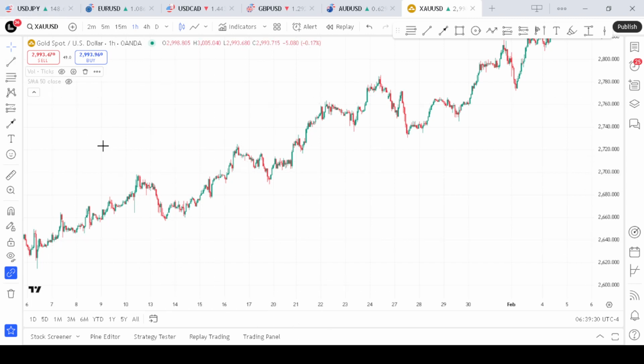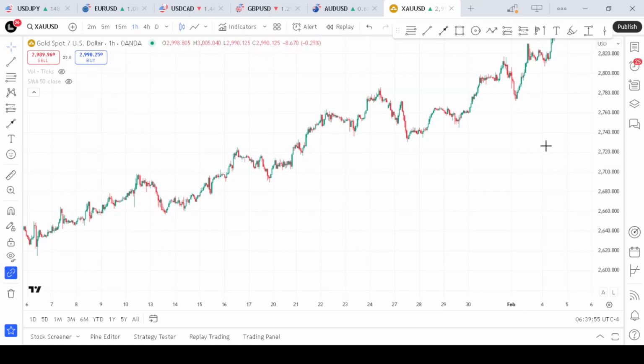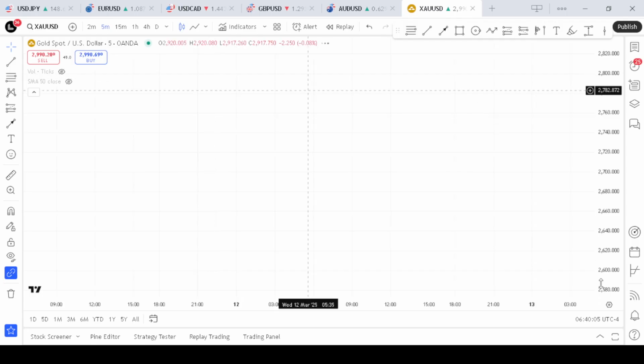Scalping gold in Forex is an art that requires real precision, discipline, and a clear understanding of market dynamics. In this session, I will guide you through each aspect of scalping gold efficiently, from setting up your chart environment to executing trades with confidence. We break this down by first understanding the gold scalping strategy, which involves taking advantage of small price movements on gold, typically 5 minutes or less. So we are going to switch to our 5 minute charts to make it a little bit easier for us